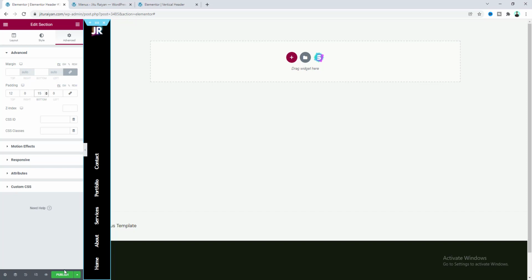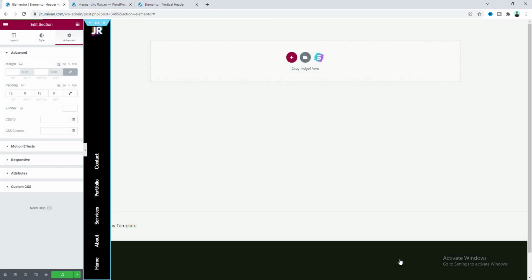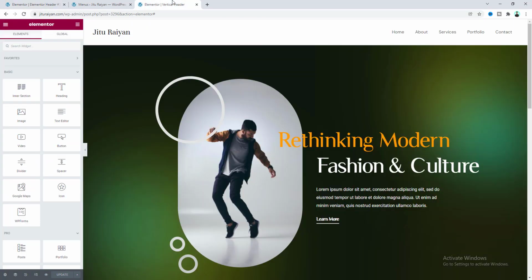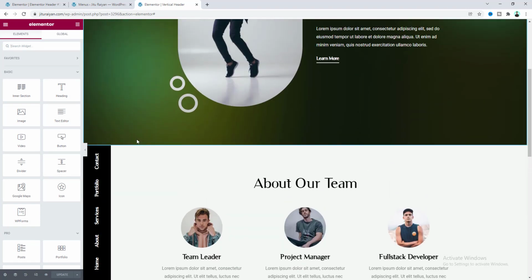And finally save this and click on add condition. And here I want to show this header for my entire website. So let's keep this on entire site and click on save and close. Now if we go to this page and refresh this,